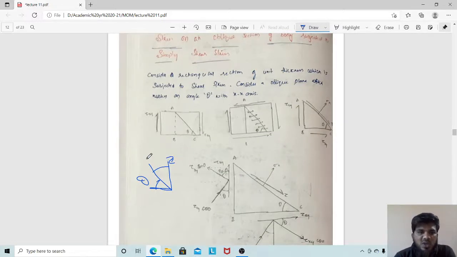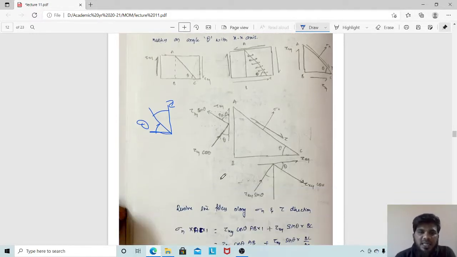This tau xy is resolved along this direction, that is tau xy, because this is 90 minus theta. This is the adjacent side. Cos of 90 minus theta is sin theta. Then after that, the direction parallel to this, which is perpendicular to this line, which is in the direction of sigma n, if this is sin, obviously this is cos. So I have drawn this as cos. Clear? Much clear, I hope. Similarly, this I am trying to resolve.